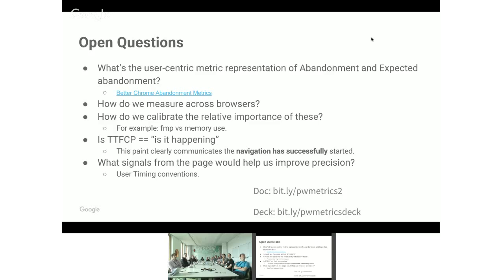These are some open questions around all this stuff that I think the conversation is still figuring out. How does abandonment fit into all this? Could we model expected abandonment based off of the difference between these things? What do you mean by that? Do you mean have some kind of formula that would tell you that you end up in this situation when the user might go? Yeah, I think as we identify how abandonment fits in,